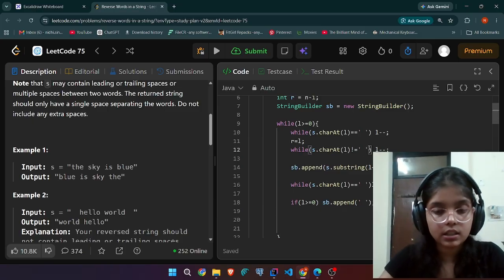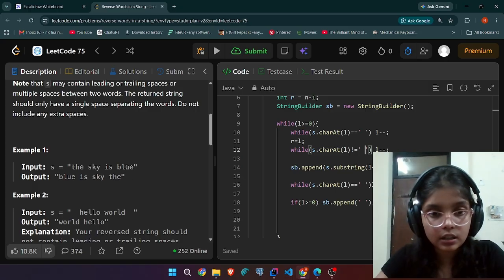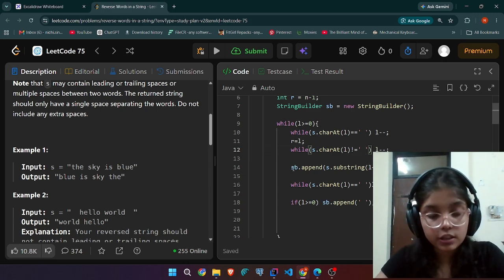Write it as character like this. Okay, it keeps moving. My R is here. L keeps moving until it finds the next space. Once my L is pointing to this space, I move my L a point. I will take this part of the string and add it to my string builder, and